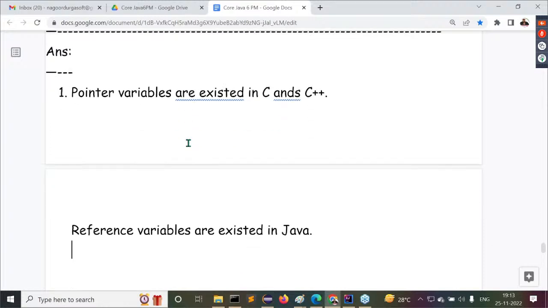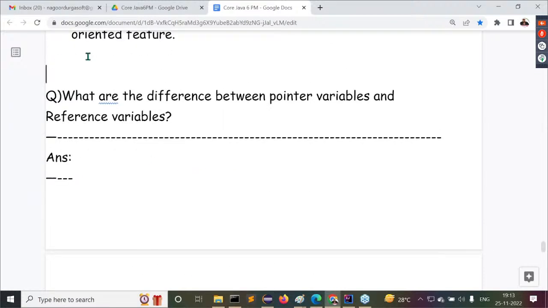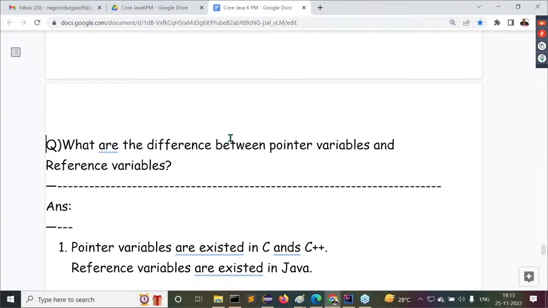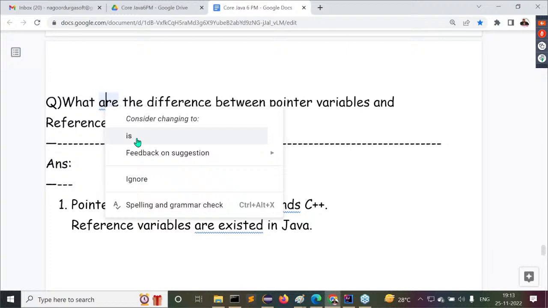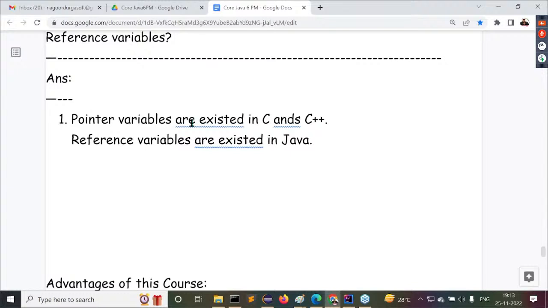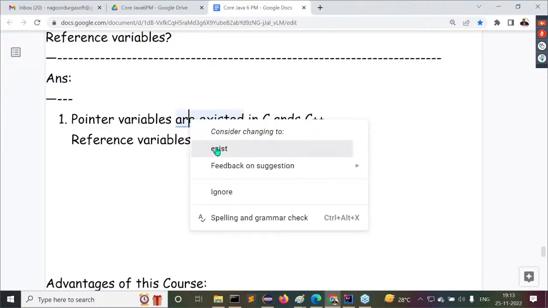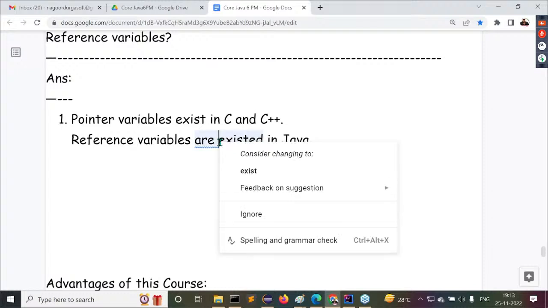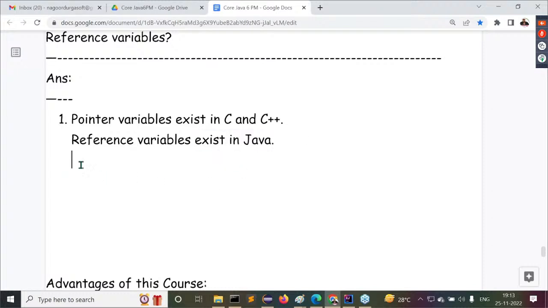Try to understand this question clearly. What are the differences between pointer variables and reference variables? First, pointer variables exist in C and C++. Next, reference variables exist in Java. That's point number one.